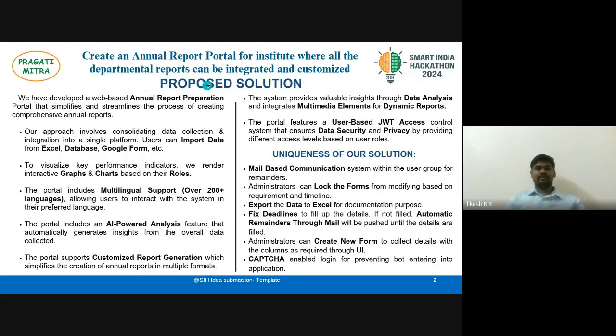This slide is for the proposed solution. What we did was we explained what we're going to propose in this slide, and what is the uniqueness in our solution. Actually, this slide they will just give us as proposed solution, so we need to fill it up. What we did is we explained the solution as well, and explicitly explained the uniqueness of our solution.